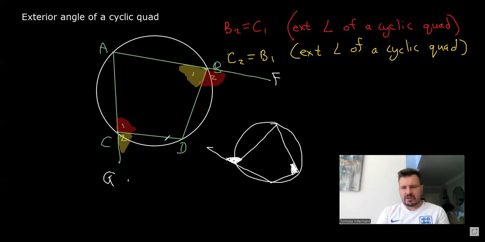All right, so those are your five Euclidean geometry theorems which you have to know according to the guidelines. Do you remember looking at